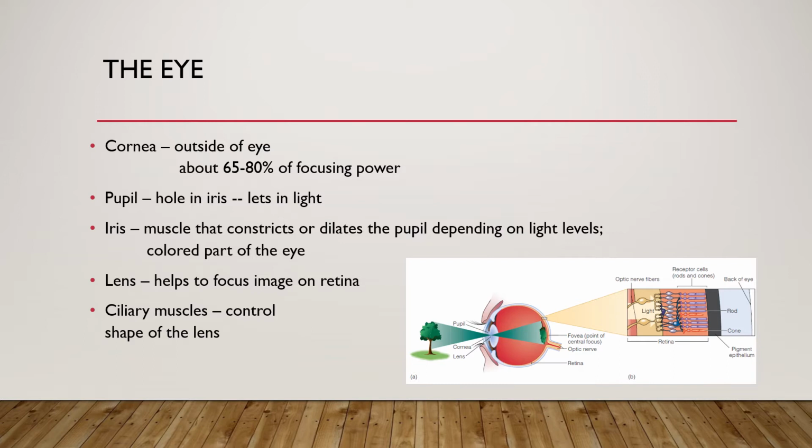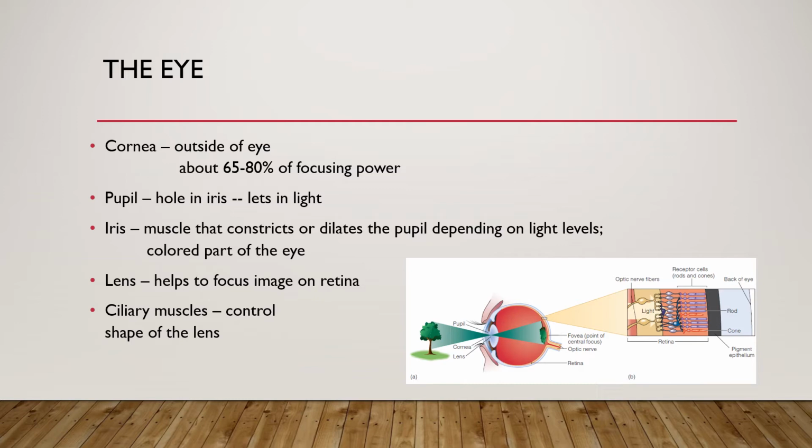The pupil, what we see as that black part of the eye, that's actually a hole in the iris where we're letting the light through. So if you're looking at the picture at the bottom, this is an eyeball looking at a tree, that light information is being reflected from the tree. It's going through the pupil, and it's being refracted and bent in such a way that it turns into this upside down inverted kind of image on the back of the eye. So we want to let that light into the back of the eye, to the retina,